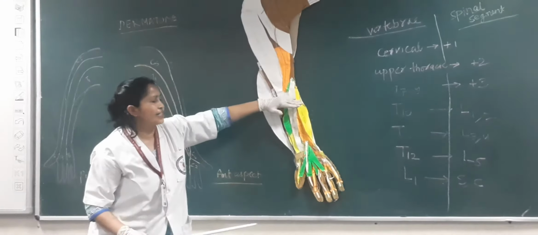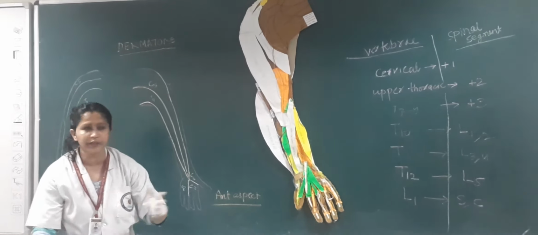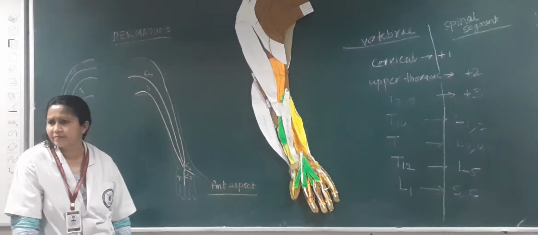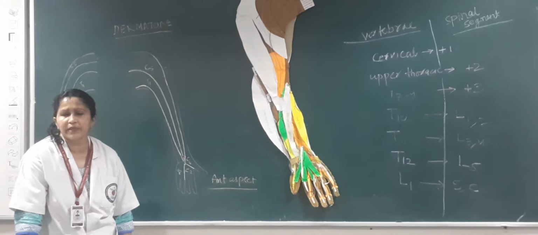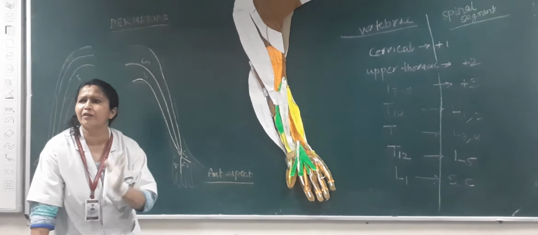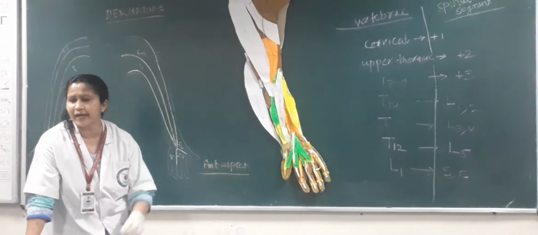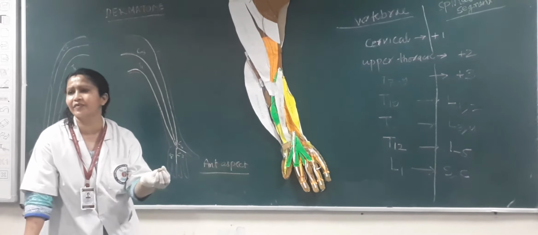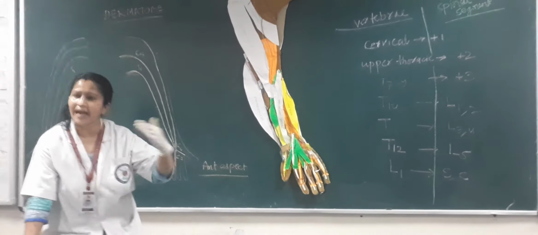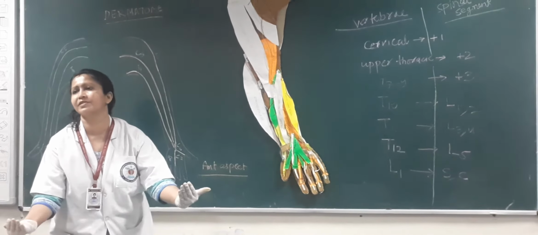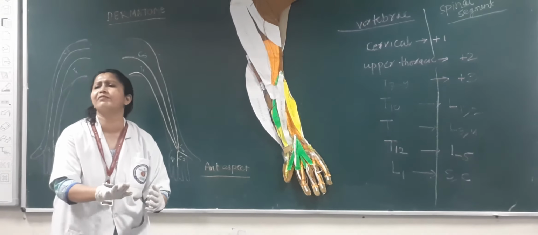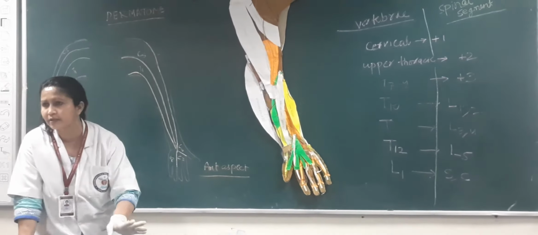On the ventral aspect, in the cubital fossa, there is the median cubital vein, which is readily used for taking blood samples. For diagnostic purposes and therapeutic purposes, the median cubital vein is used for venesection, cardiac catheterization, and renal hemodialysis. Venesection is diagnostic as well as therapeutic. Diagnostic for taking a blood sample, and therapeutic for intravenous fluid infusion or blood transfusion.